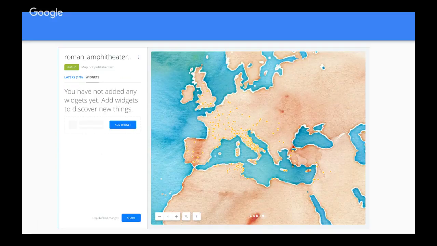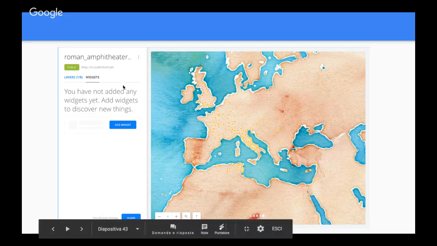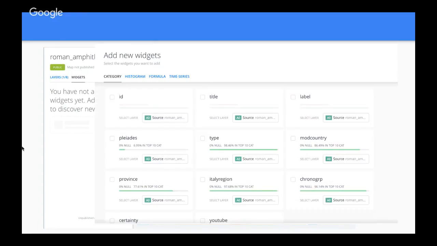Another interesting thing that you can do is to add the widgets. And to go to the widgets, you will go to the initial part of the layers panel here, and you will click on Add Widget. And it will open for you this little window here, which basically retrieves the data that come from each column in your file.